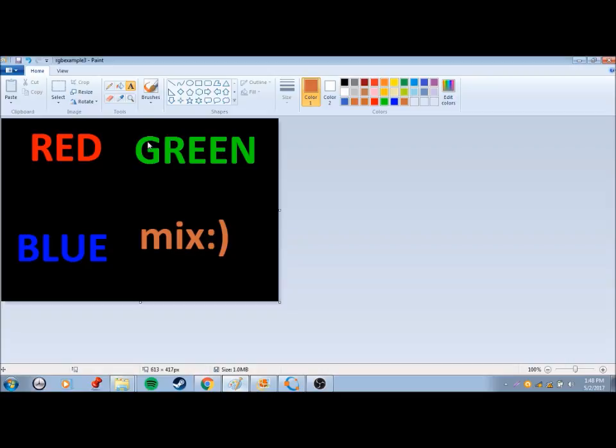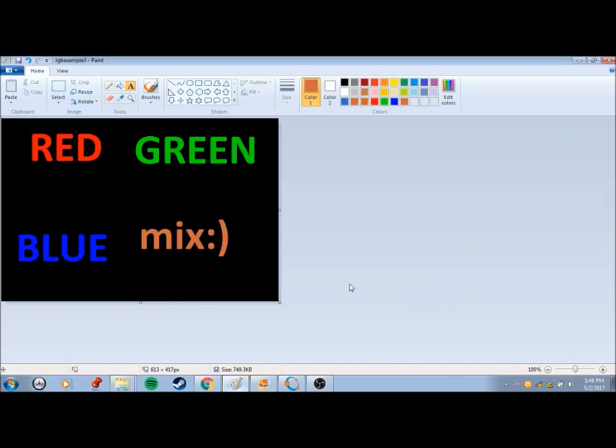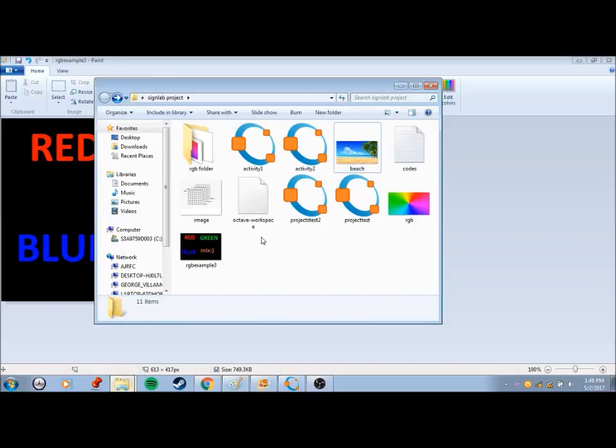Okay, let's save it. RGB example 3. Make sure to save it in the folder where you created the script. You can see here it is RGB example 3.